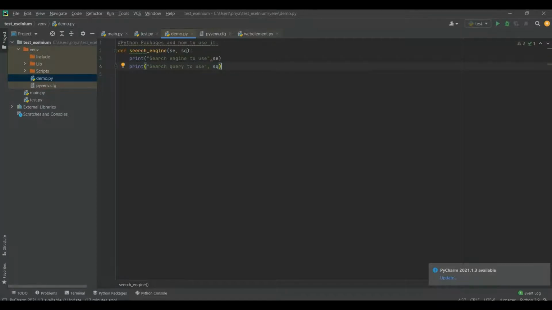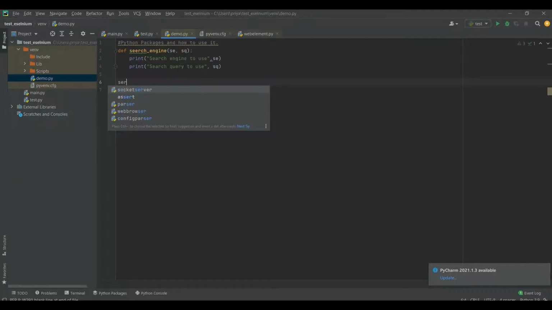Okay, now this is the function declared. As I told you, a function can be reused multiple times, and that I will also show you. So this declaration of the function is over. Now a function can't be used automatically, we have to call that function. So here we will call the search engine function, and we can directly pass the values here.